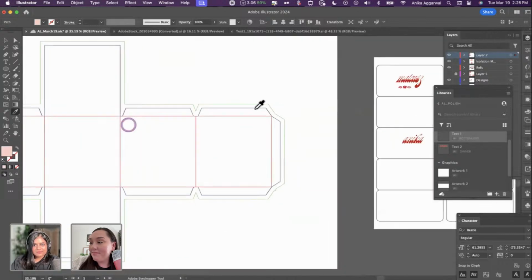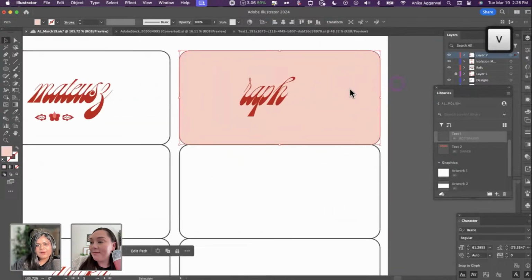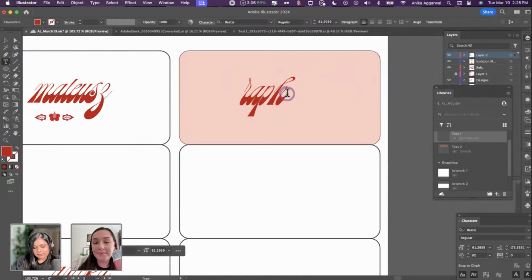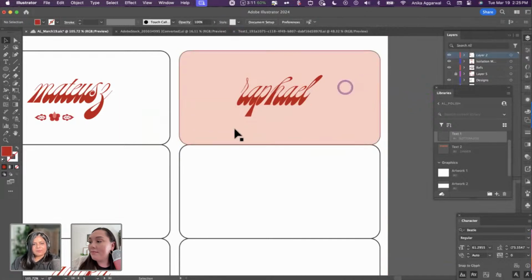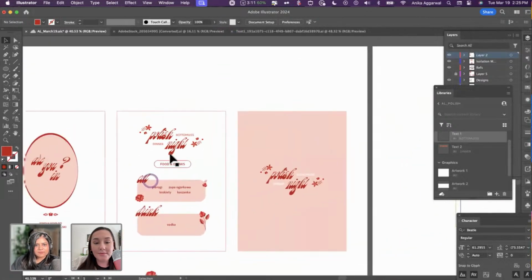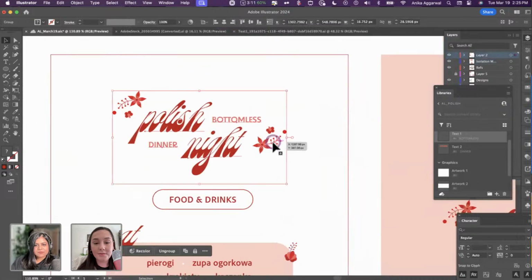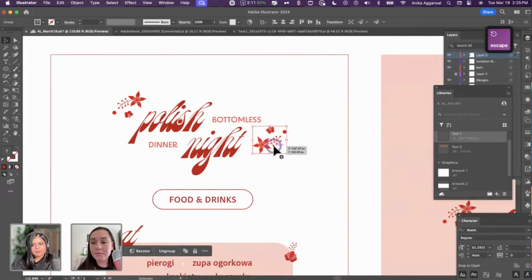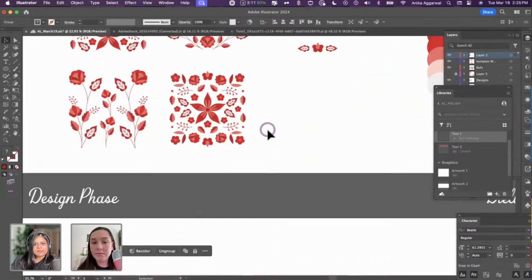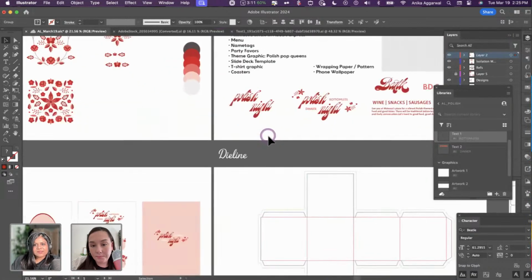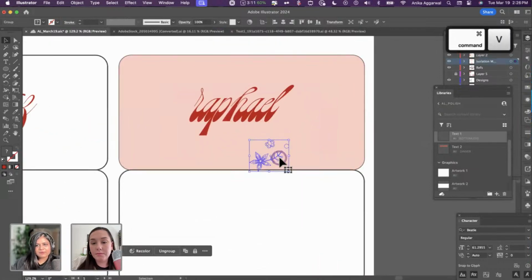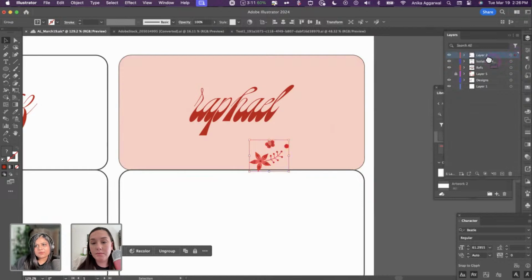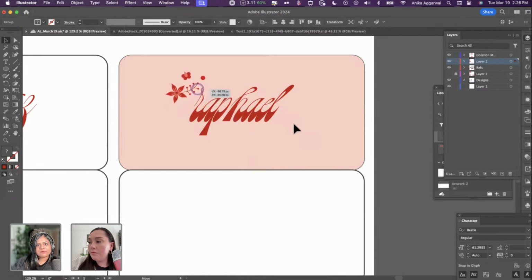Okay, let's go back here. Okay, this is a color. So let's actually write the whole name, Raphael. And then maybe I want to bring one of these elements here. So maybe this can be it. There's lots of things. The fun thing about this stock illustration is that there are so many elements that you can almost customize it and make it your own in a way that feels very on brand for you. I do want to bring it up. Actually, I want to bring this isolation mode almost, and then find the right spacing for it.